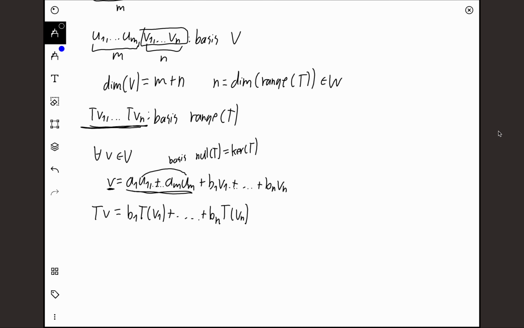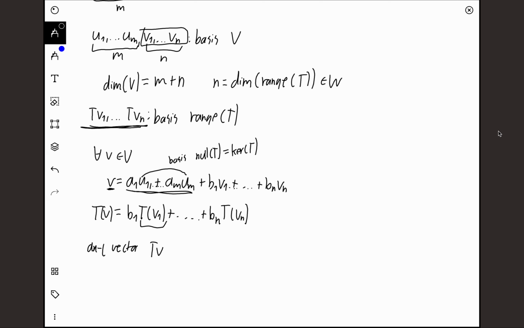So T sends all of these basis vectors to 0, which means that this is all going to disappear. So Tv just equals this: b1 Tv1 plus all of this. We take the coefficients out and apply the linear transformation to all of these basis vectors. And now we can see that any vector in the form Tv can be written as a linear combination